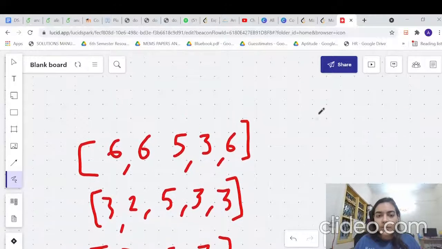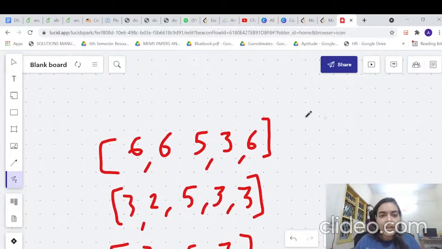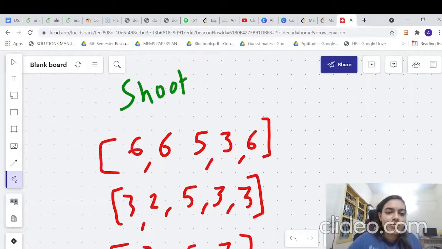So how will we know which element is overpowering? Let's do one thing. Every time an element is appearing, let's give it a life. Let's say you are playing a game. Every time an element is appearing, we will give it a life. You would have played games, you would have seen that there will be a life symbol. So every time an element is appearing, we will give it life. And every time it is not appearing, some other element will shoot it and try to overpower it. So you have to remember these two things, life and shoot.